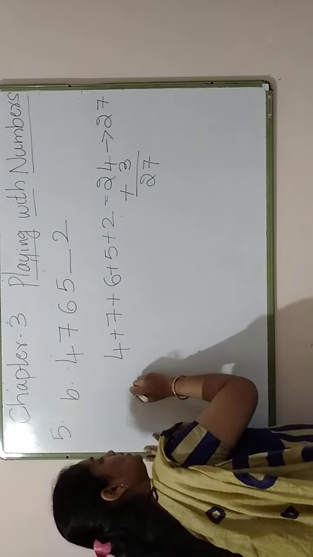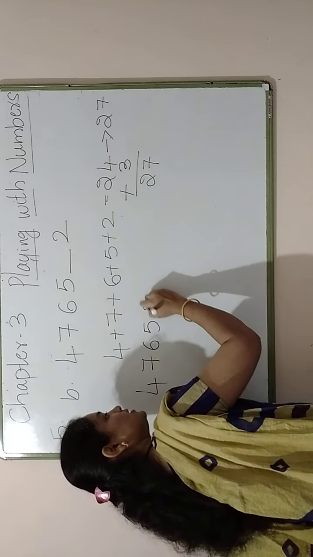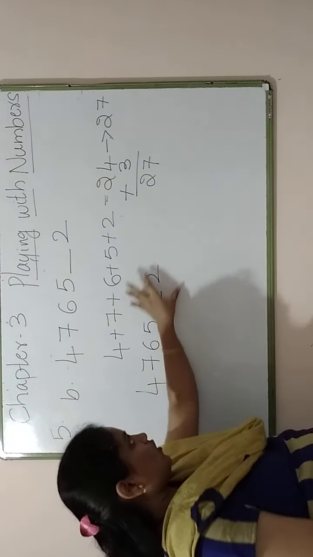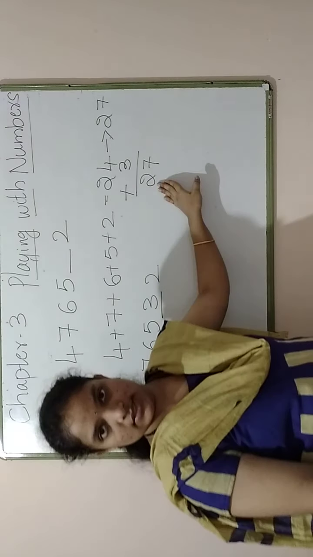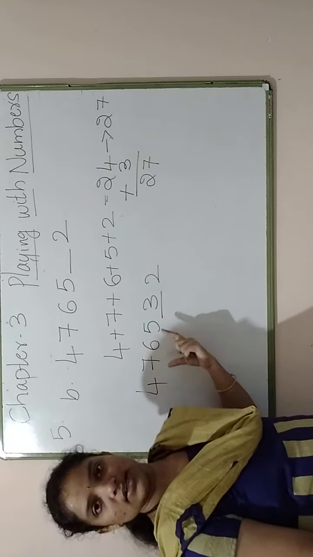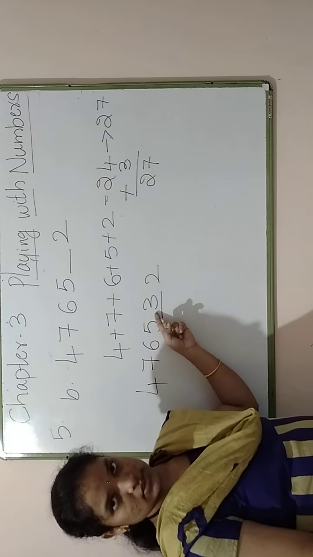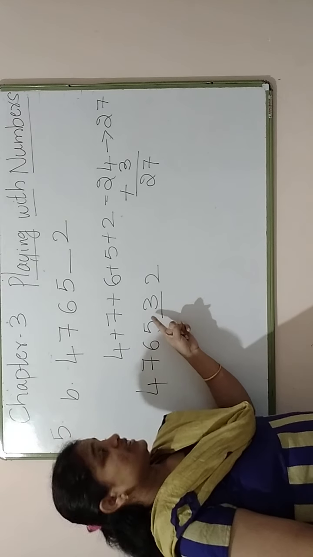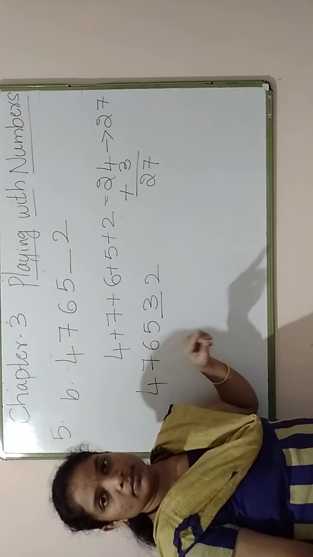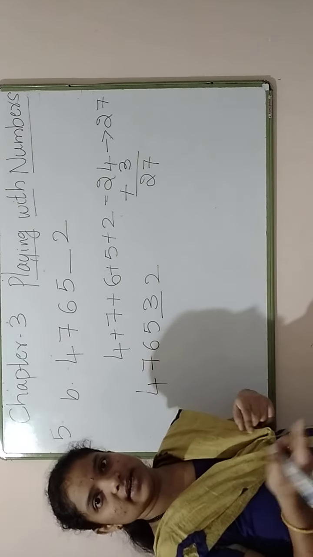So that number will become 4, 7, 6, 5, and this is 3 and 2. So when you add all the numbers, the sum is 27 and which is a multiple of 3. Hence, this number is easily divisible by the number 3. So 3 is the smallest number we found out. 3 is an odd number. Okay, odd number. And in the odd numbers, which is the greatest number? 9. 9 is the odd number and it is the greatest single digit.